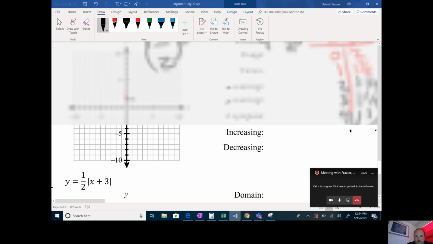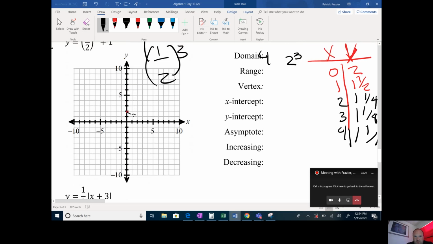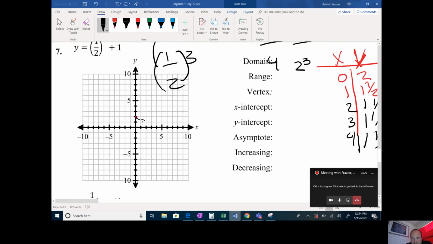We did a little bit of this in the previous video, but the asymptote is y equals 1. And you could also abbreviate that as HA, horizontal asymptote,